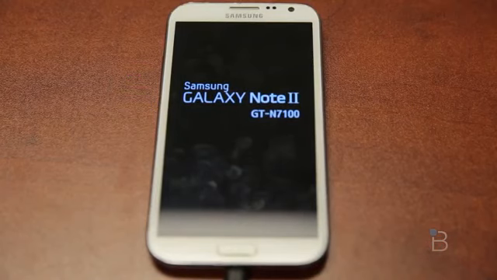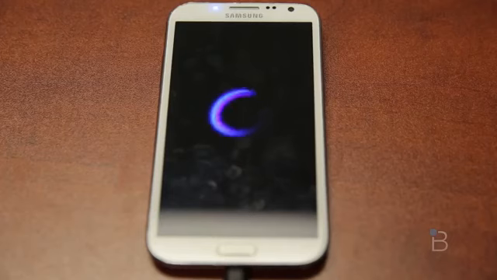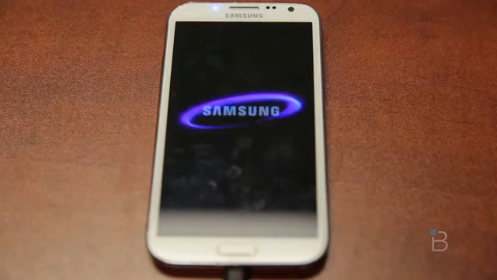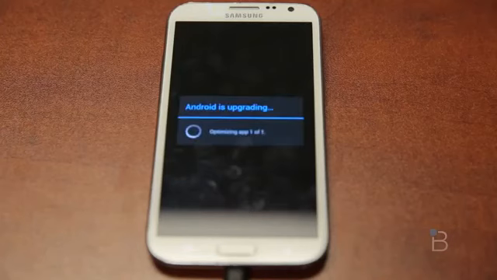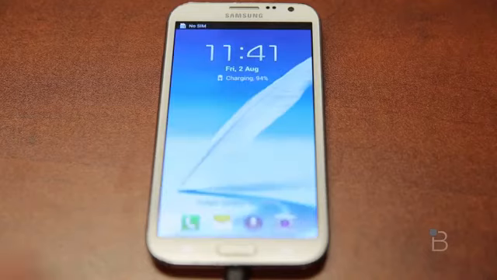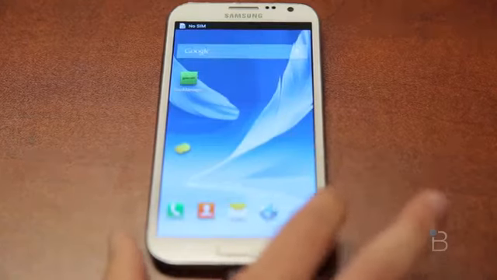We'll go back to your home screen, and it won't be anything different, but you will have a program called Super SU installed, and that means that it is rooted, and that's just what you need to get CyanogenMod onto the Galaxy Note 2. There we go, it says Android is upgrading, and now we should just boot right back into the home screen. There we go, you want to slide to unlock, and now just check really quick that